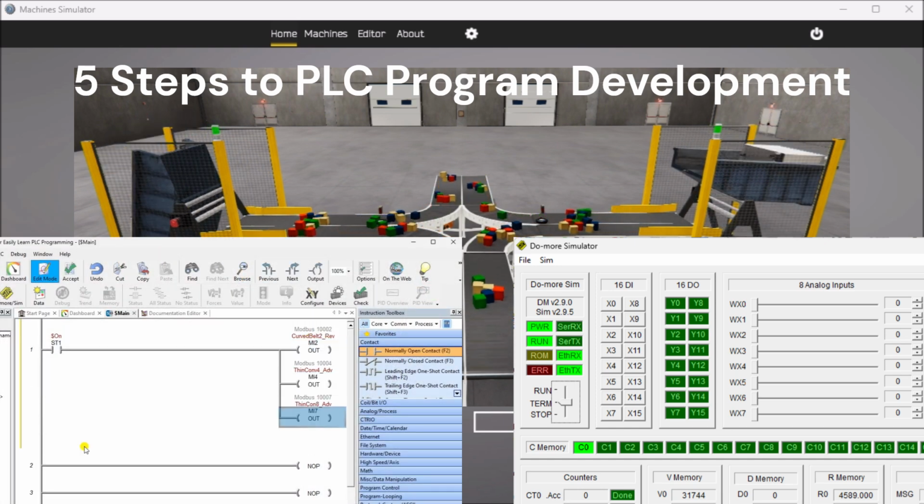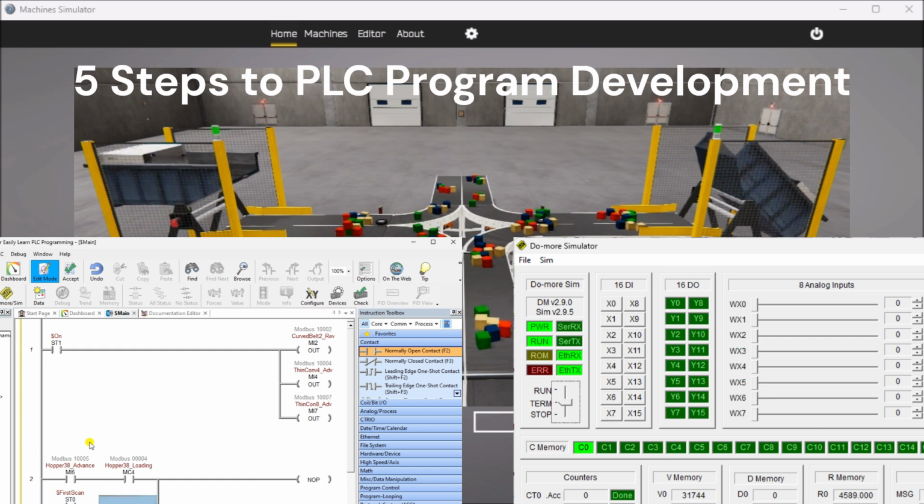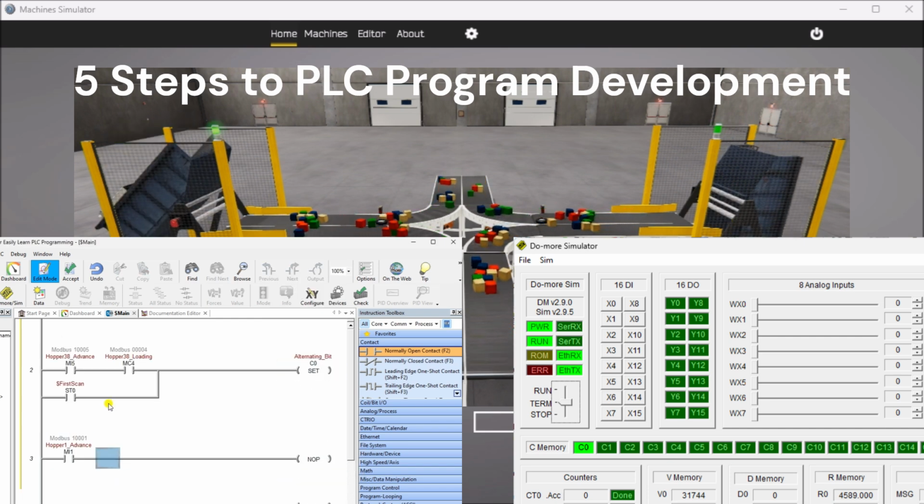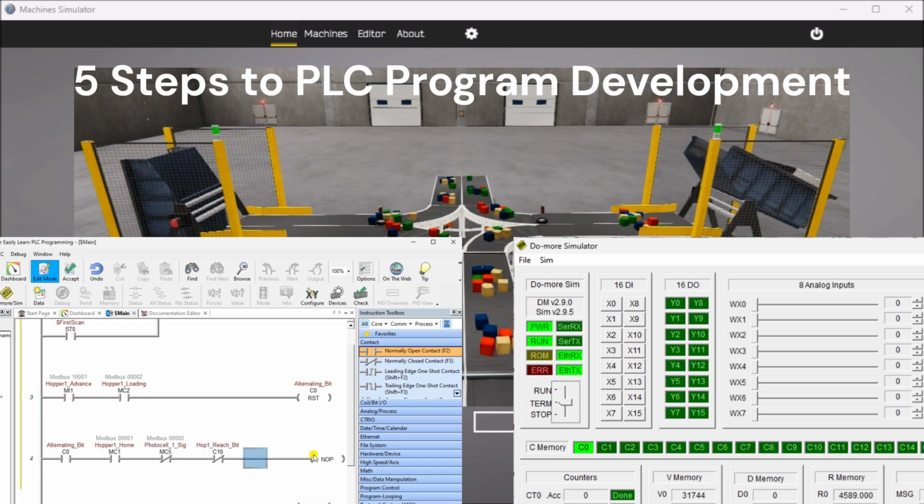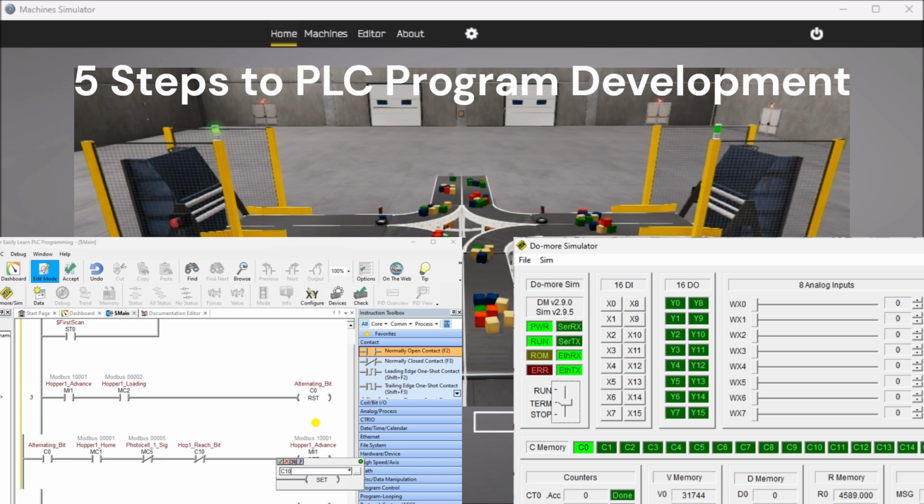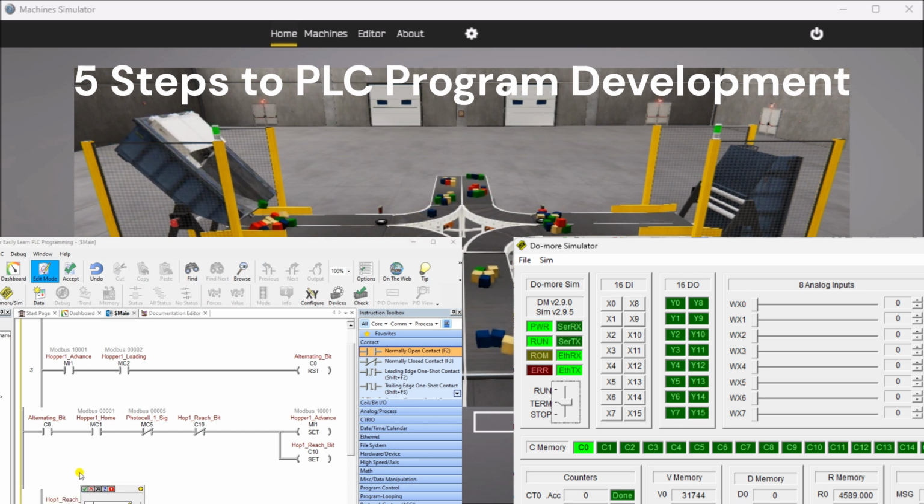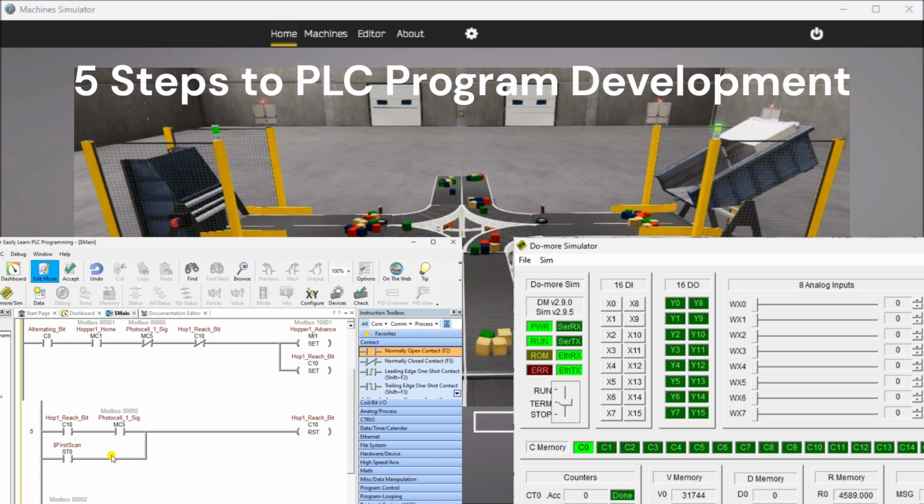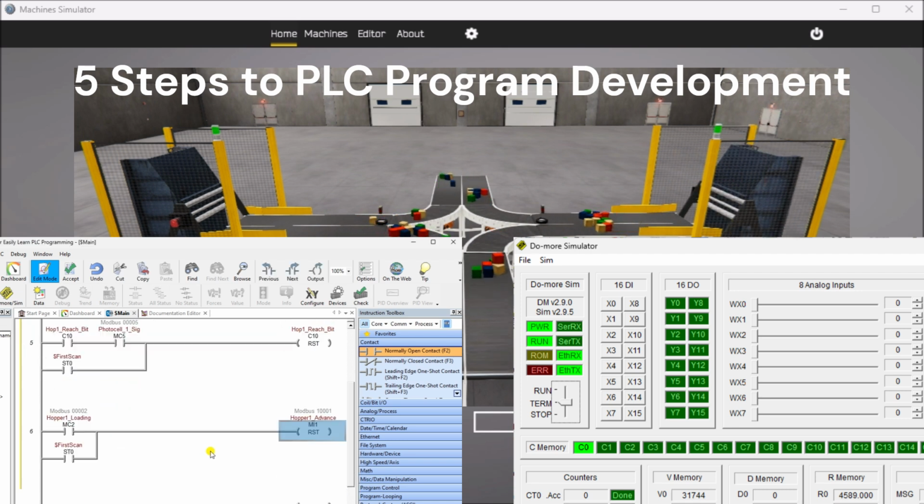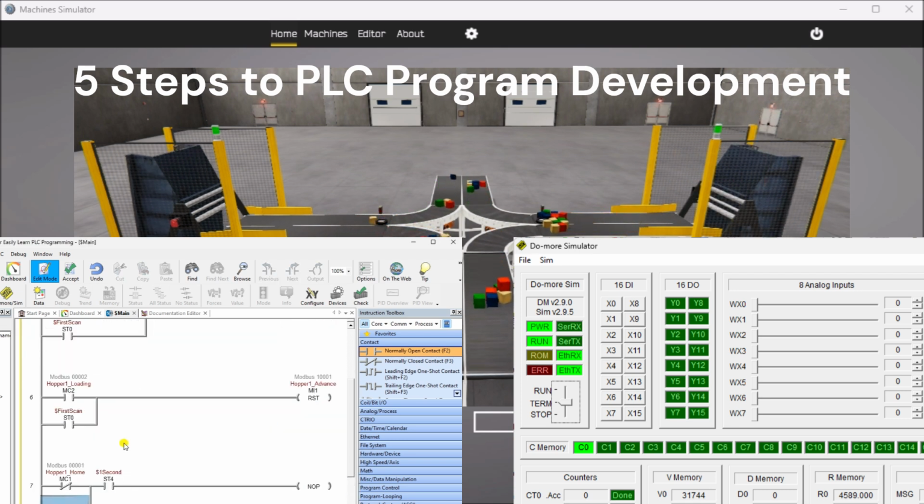By following these steps, you will gain a solid understanding of PLC programming and be able to apply your knowledge to real-world scenarios. The first step in this process is to define the task at hand. In this case, our task is to program the Do More simulator to control the box dumper. This involves understanding the functionality of the box dumper and determining how the PLC can be programmed to interact with